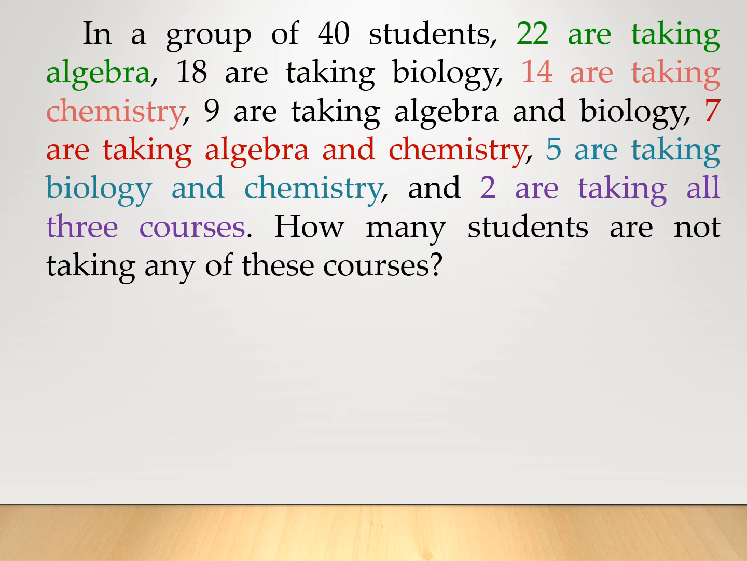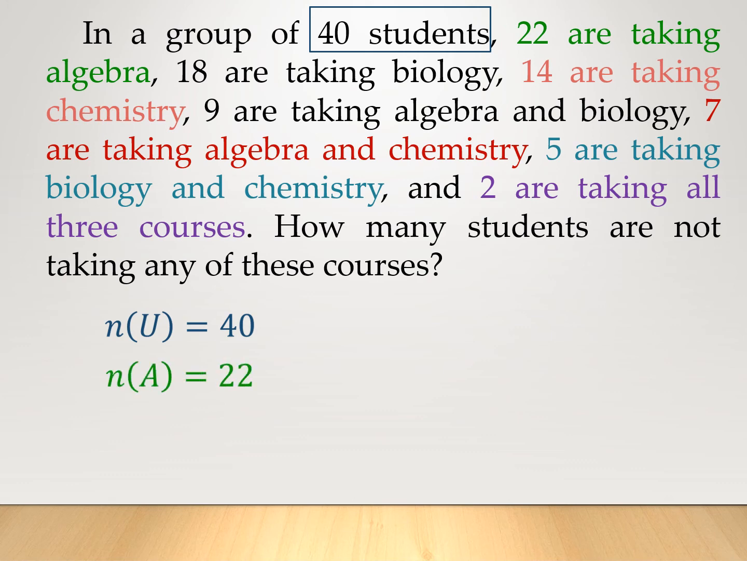So there are 3 subjects: algebra, biology, and chemistry. We are going to represent them as set A, set B, and set C. First, to represent 40 students, the number of elements in the universal set equals 40, and the number of elements in set A equals 22. So 22 are taking algebra. And the number of elements in set B equals 18, and the number of elements in set C equals 14,